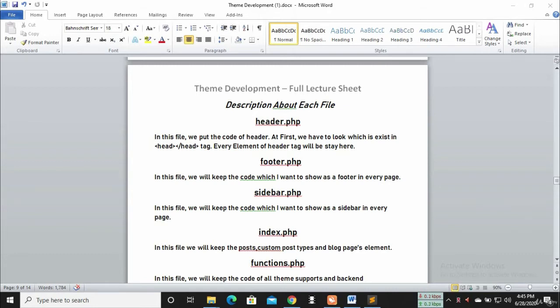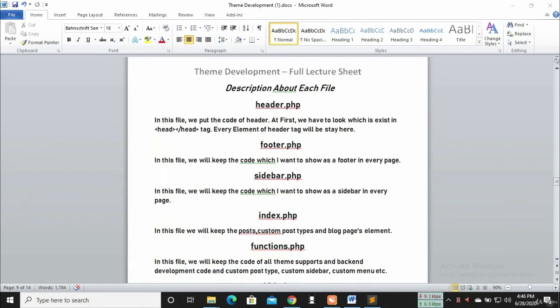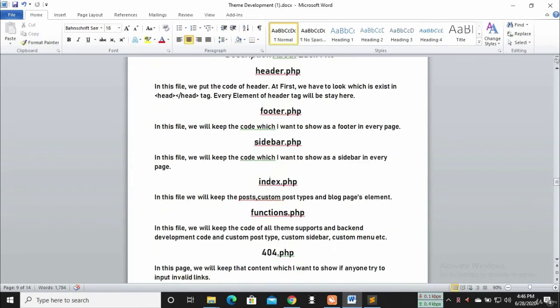One kind of code and function is used for front end show, and one is used for backend server side support. So the server side support code we keep only in functions.php, and the code which we use for our front end, that we will keep in header.php, footer.php, sidebar.php, index.php, etc.